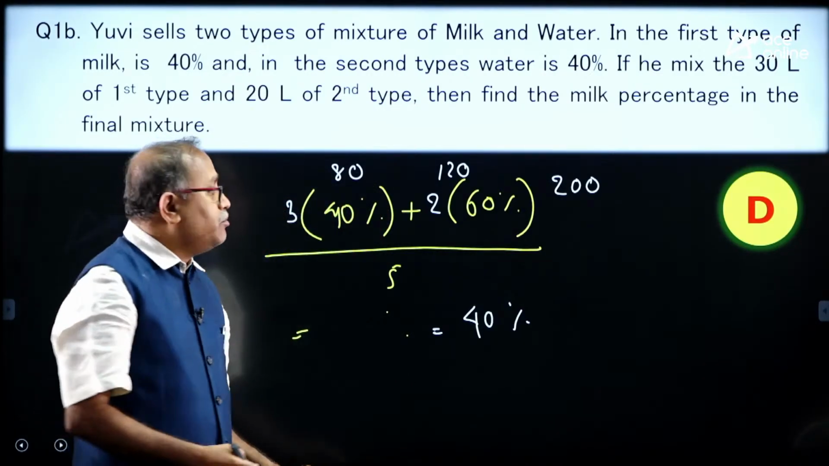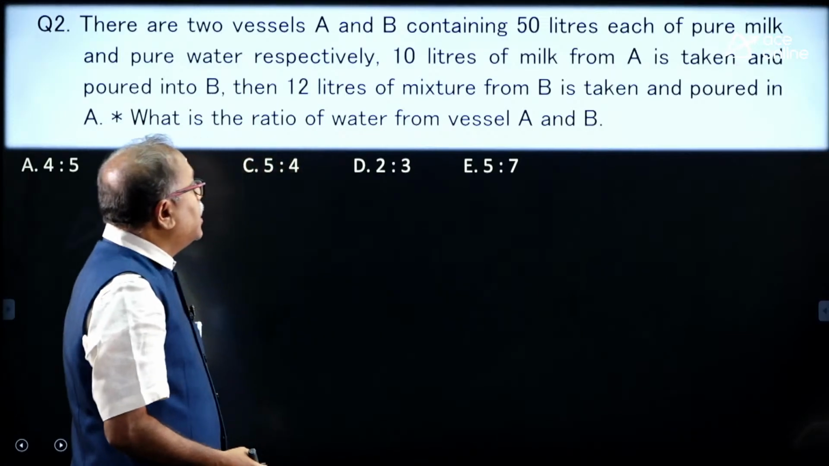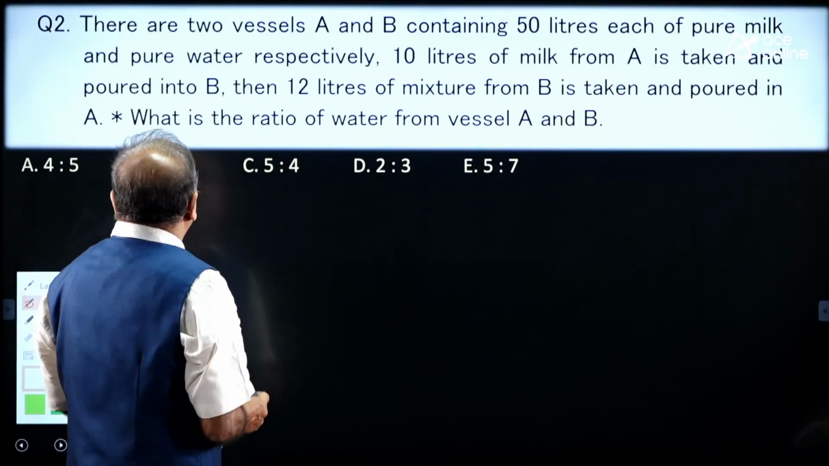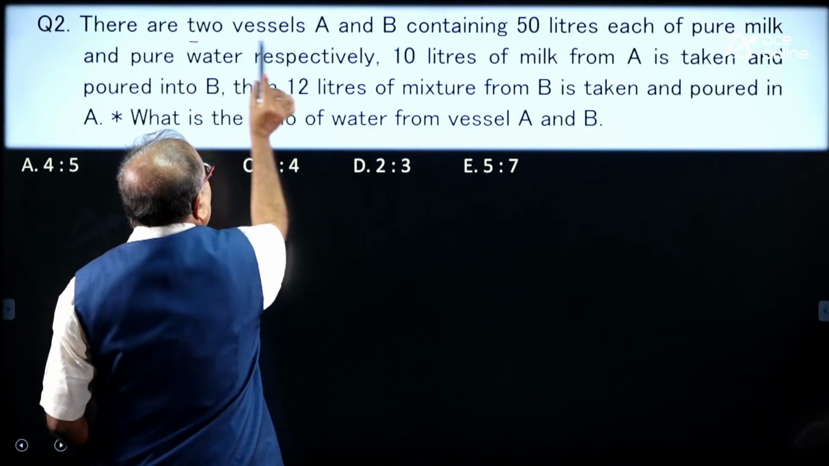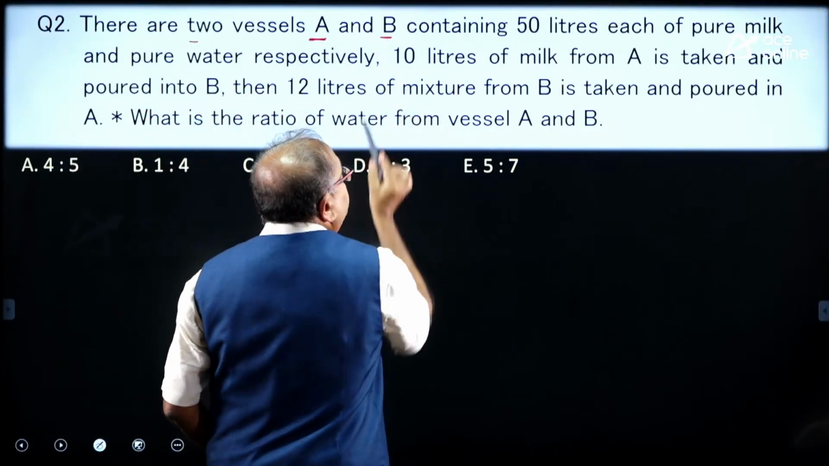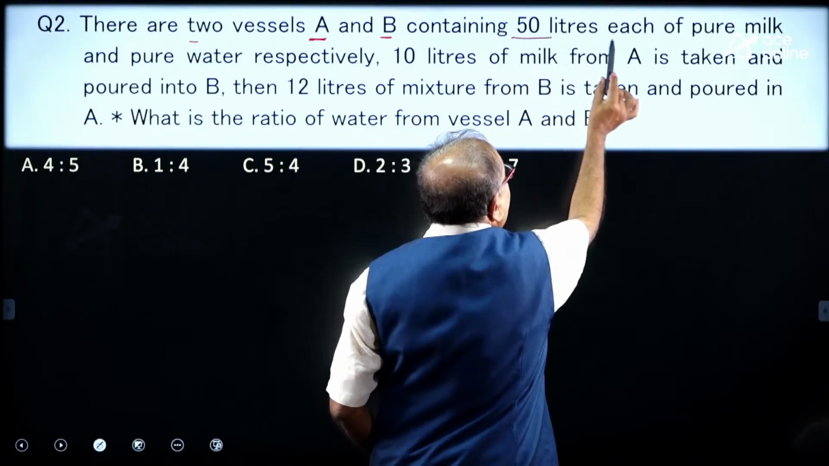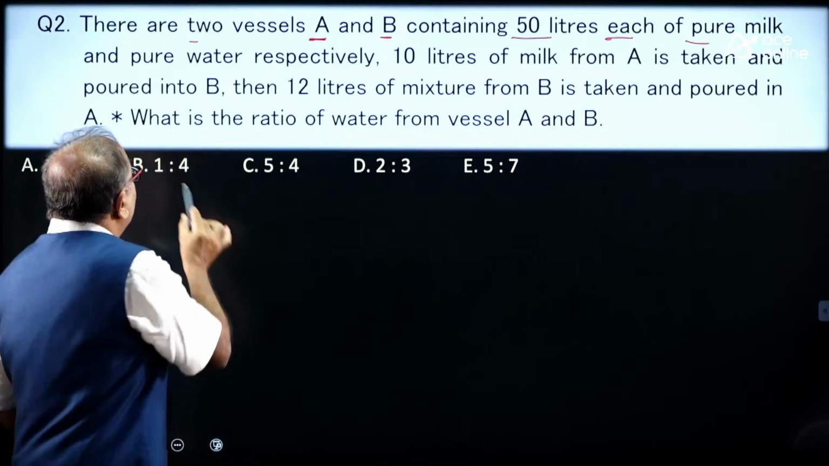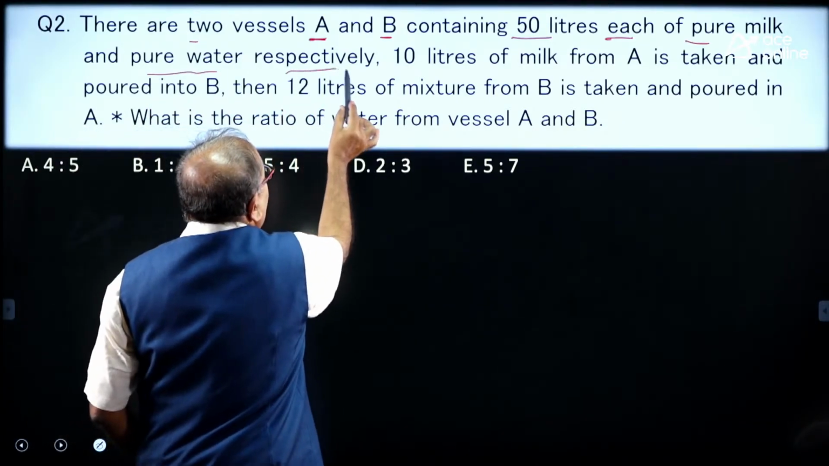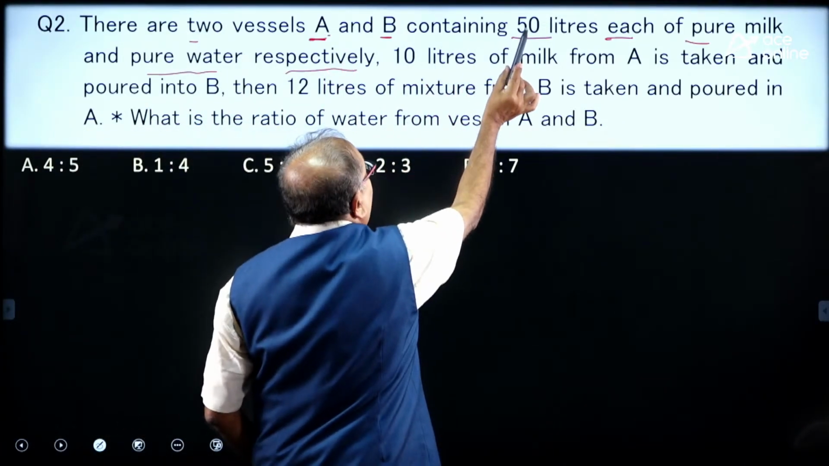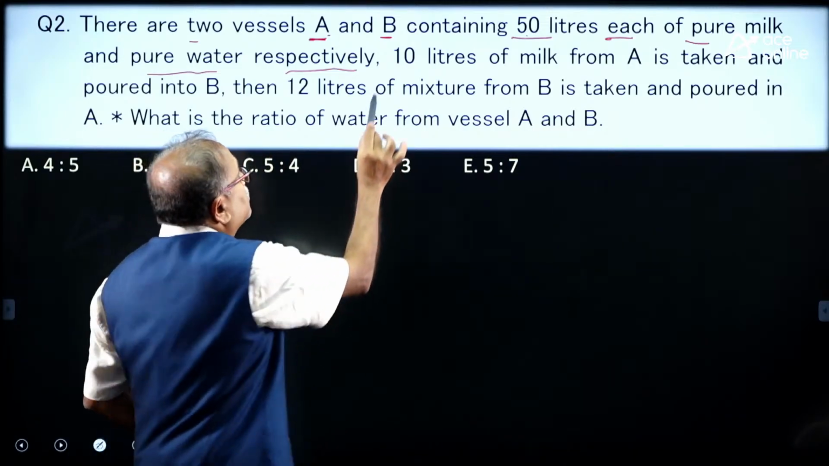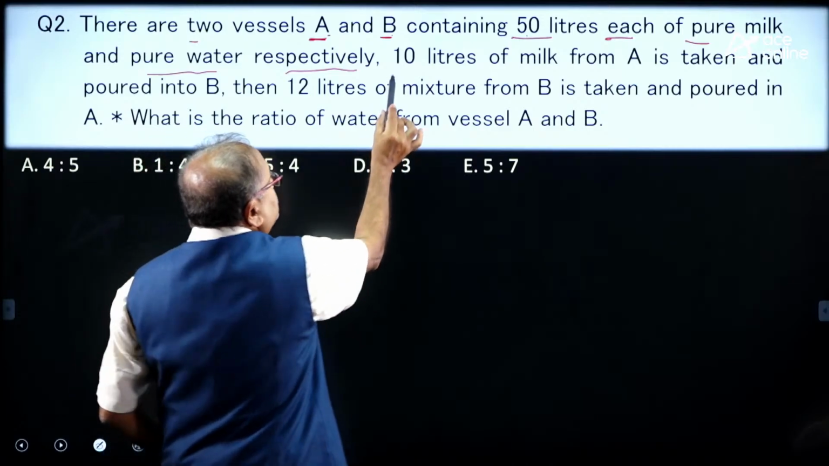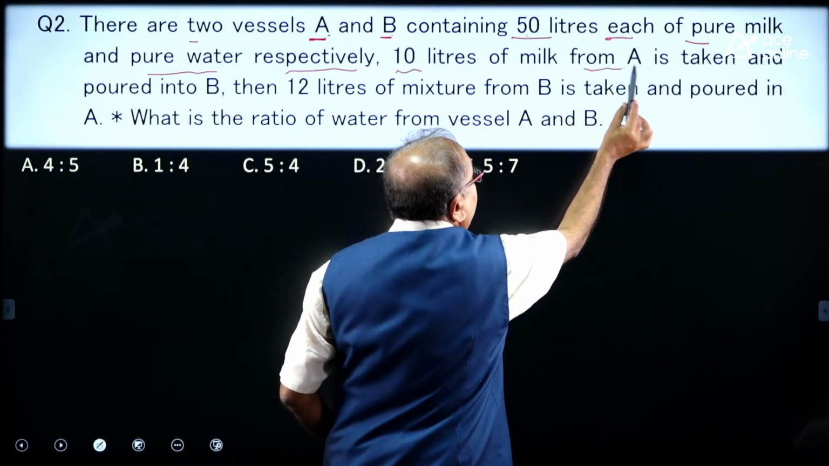Okay, I am moving on to the next question. I will read the question, do not worry. There are two vessels, vessel A and vessel B, containing 50 liters each of pure milk and pure water respectively. That means A has 50 liters of pure milk, and container B has 50 liters of pure water. Now, it says 10 liters of milk from A is taken